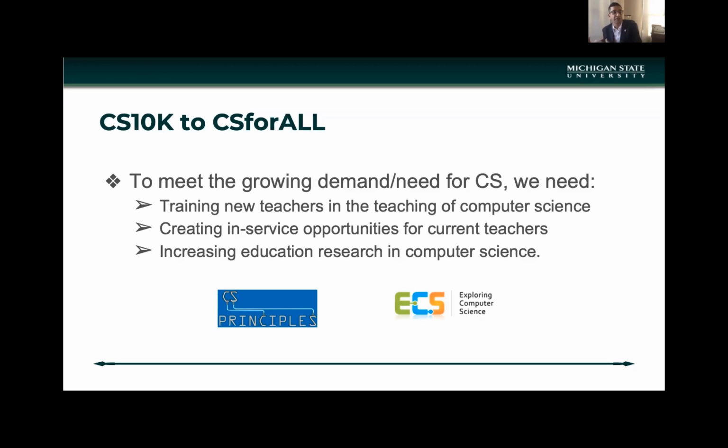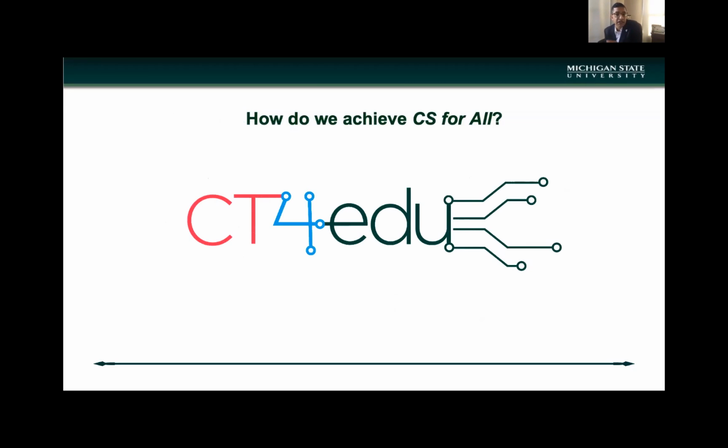So now we've shifted to CS for all. Everybody gets the opportunity to learn computing, but how do we achieve CS for all? One of the ways we have thought about achieving CS for all is to start at the elementary level, so teachers and kids get to understand what it means to think computationally,